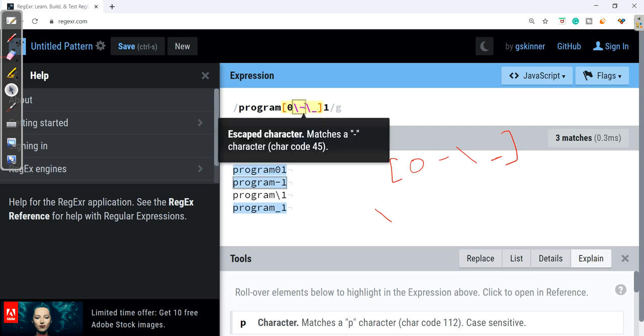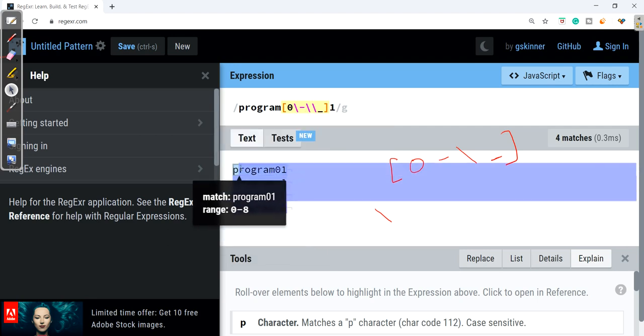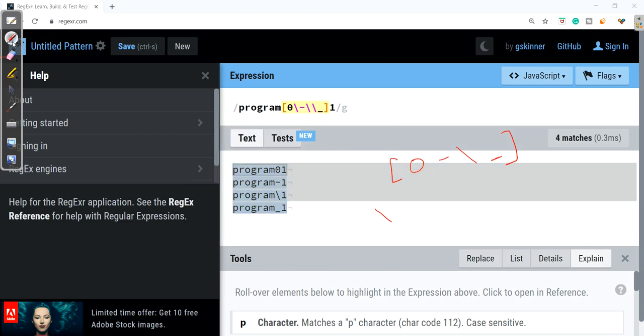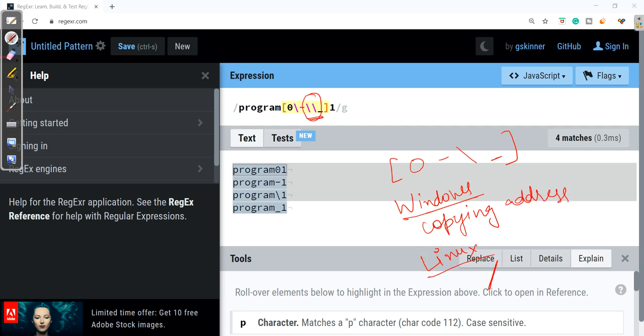But now it is not taking the other backslash. So here I need to again give a backslash so as to match every word of our strings. Here if you notice, these backslashes we usually use in Windows when we copy the address. Remember? While in Linux, we use a single /. But in Windows, we use a single backslash. It asks us to give an additional backslash so as to work properly.